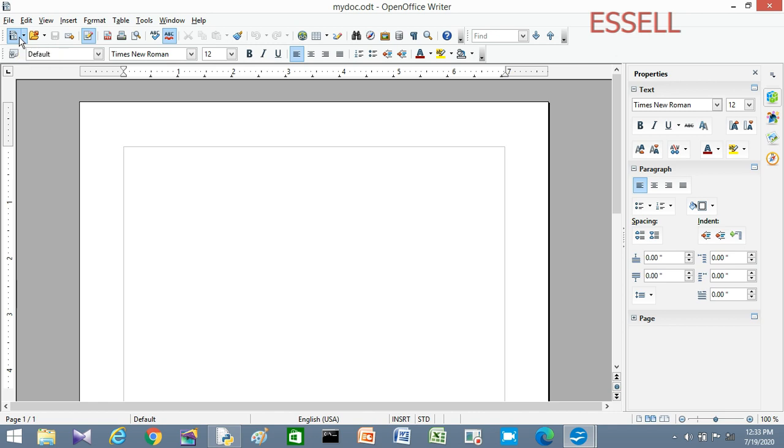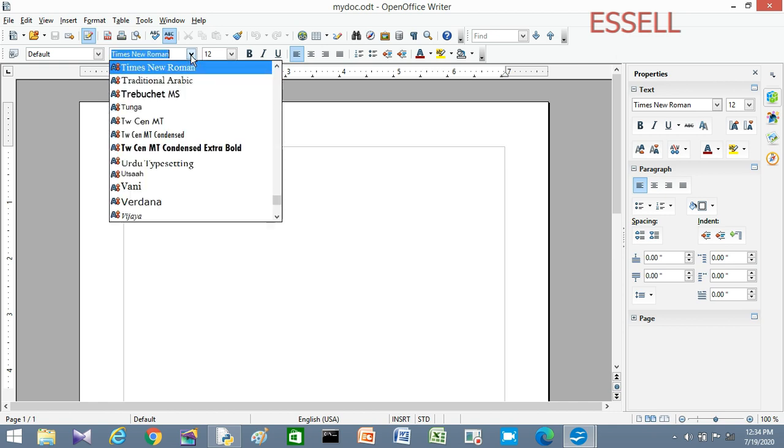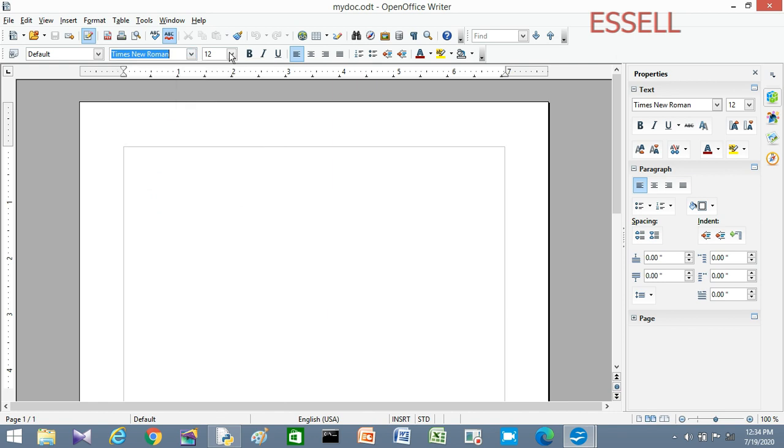The fourth row also contains some icons that are related to formatting the content of the document. For example, if you want to change the font name, change the size, or make text bold, italic, underline, left align, etc. Therefore, this row is known as the formatting toolbar. Under this fourth row, there is a fifth row that contains the ruler.